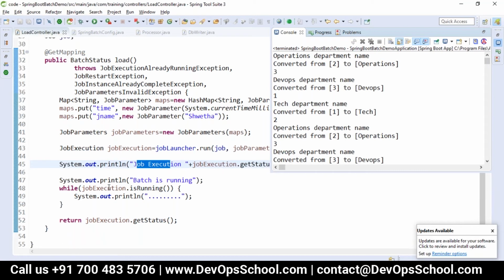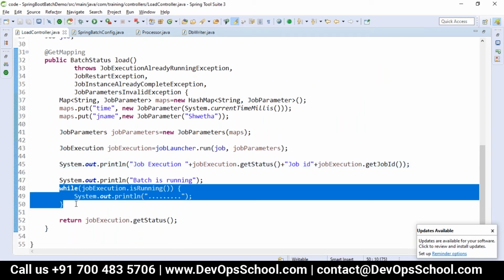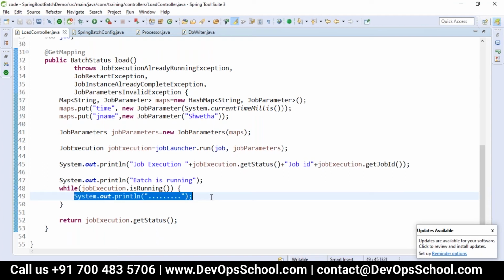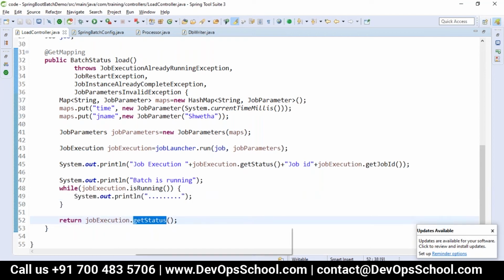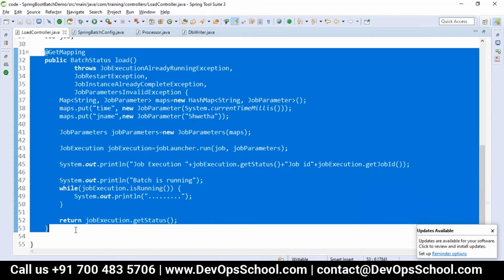So we have written the job execution, and if the batch is running, we get into the while loop, the job execution is running and we are printing all the job executions. That is what we have written here. Then we are returning the enum which is job execution dot get status. What is the status of the job? That is what we have taken here.